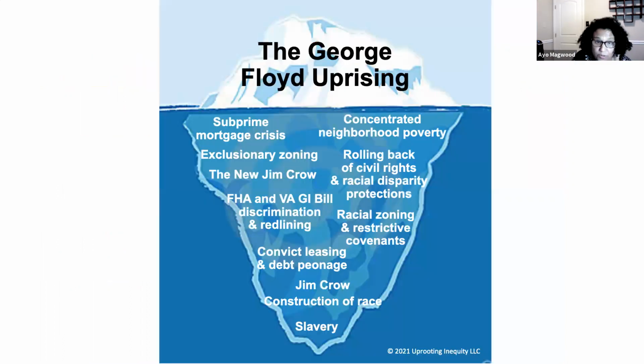A reminder, so when your students grow up, hopefully they understand that success is due to all four of those factors, right? Not just those individual factors, but also societal factors and just random luck, right? And they should understand that if they see a current event, of course, it's not going to be the George Floyd uprising anymore, it's going to be something else, right? In 20, 30 years from now, they should not be focusing just on that individual thing, but their mind should say, oh, my teacher taught me to go back and look at the root causes. Let's go back and look at the bottom of the iceberg.